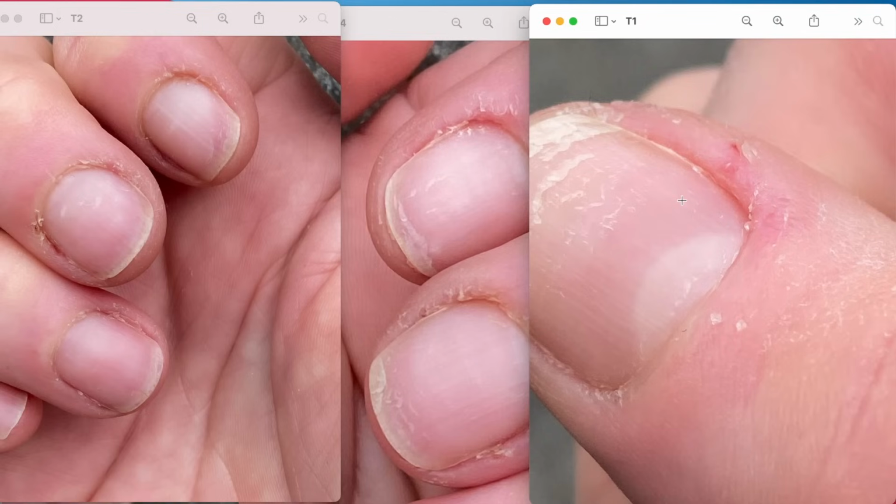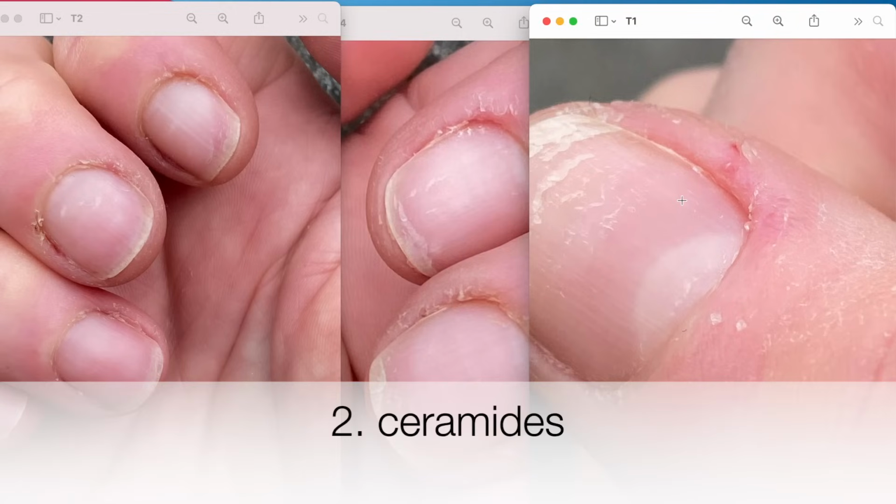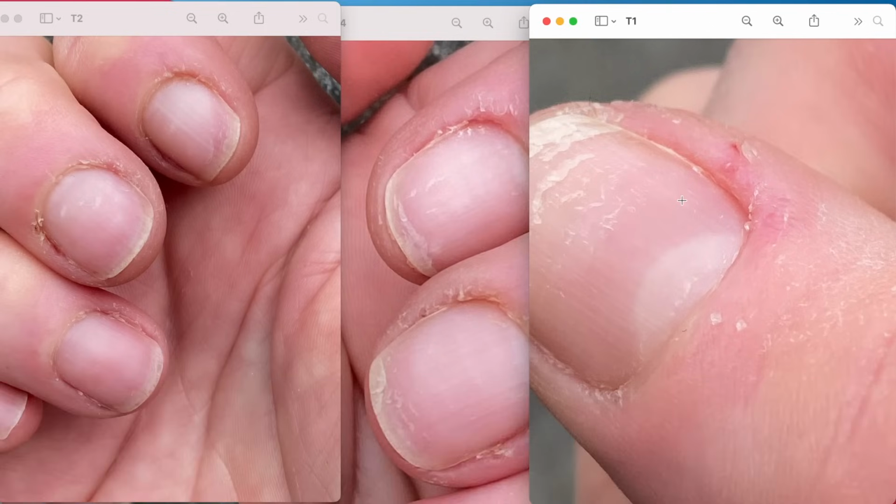So using one oil is sometimes okay, but personally I find that a mixture of certain oils is a little bit more effective. Ceramides are another ingredient that is very, very helpful. Some creams have them, and I swear by CeraVe lotion, which is very, very light. So after I wash my hands each time, I apply a tiny little dab of the CeraVe lotion,